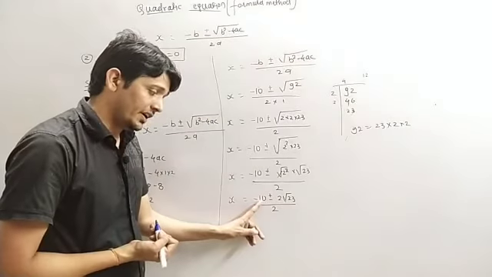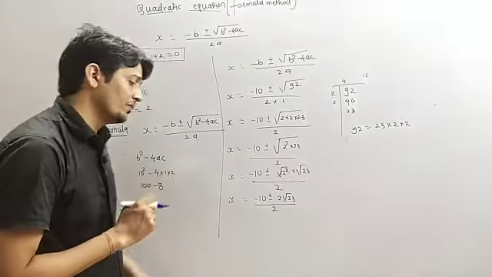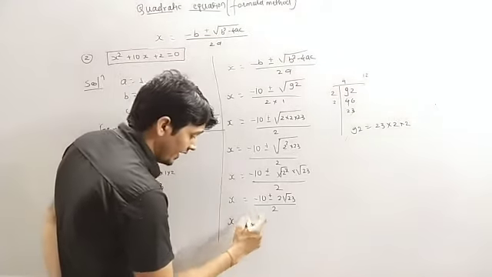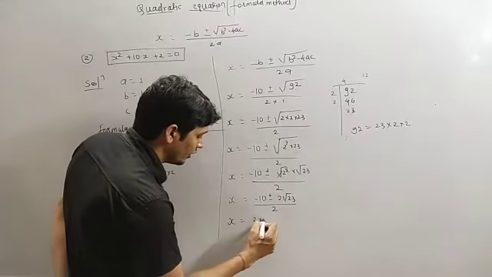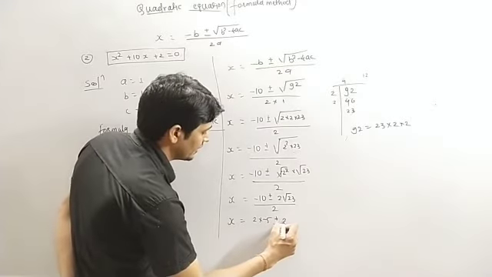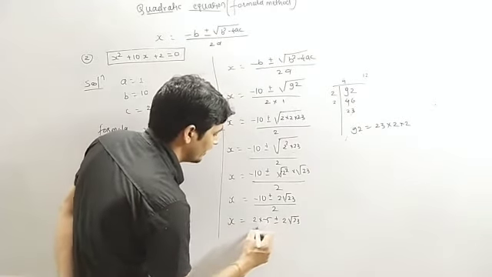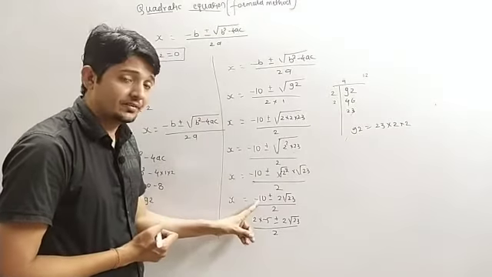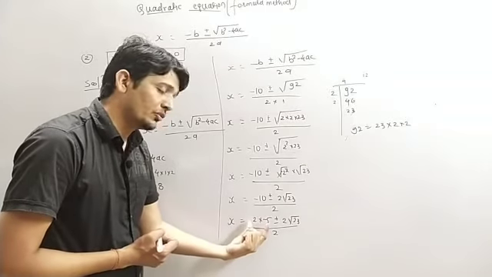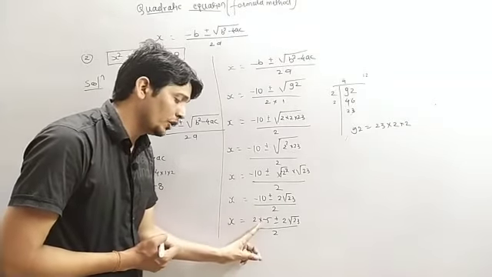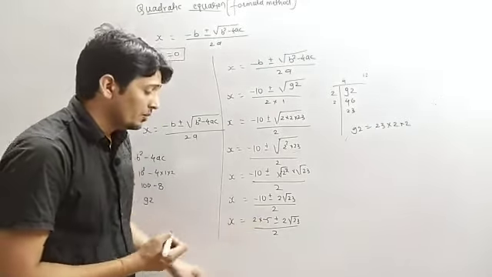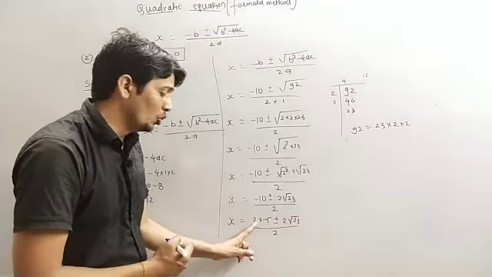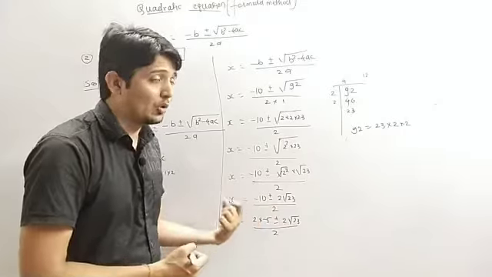So here, what is 10? It is 2 into 5. So we have to take common from here. So x equals to, we can write 10 as 2 into minus 5, plus minus 2 root 23 divided by 2. देखो 2 इंटू -5 इज -10। हमने बस -10 को कन्वर्ट किया है इन द फॉर्म ऑफ 2 इंटू -5, दैट इज द सेम। वाई वी आर डूइंग दिस? बिकॉज वी हैव टू टेक कॉमन फ्रॉम हियर एंड हियर। ओके, दोनों में 2 क्या है? कॉमन है, सो वी हैव टू टेक कॉमन आउटसाइड।